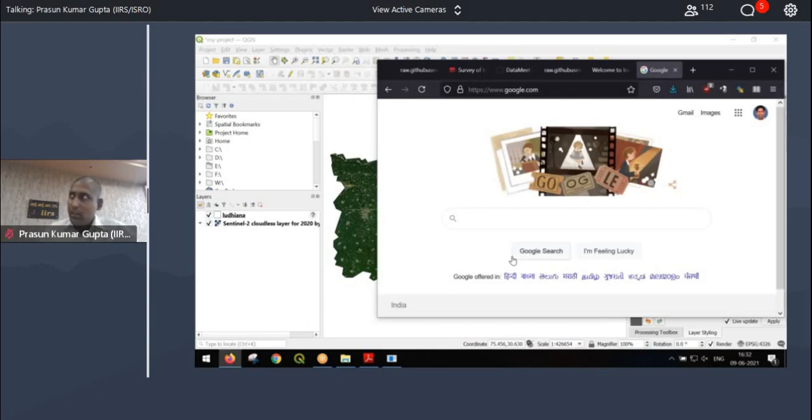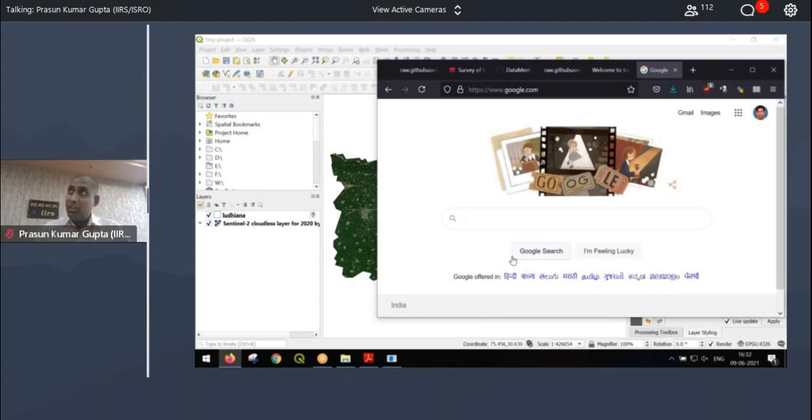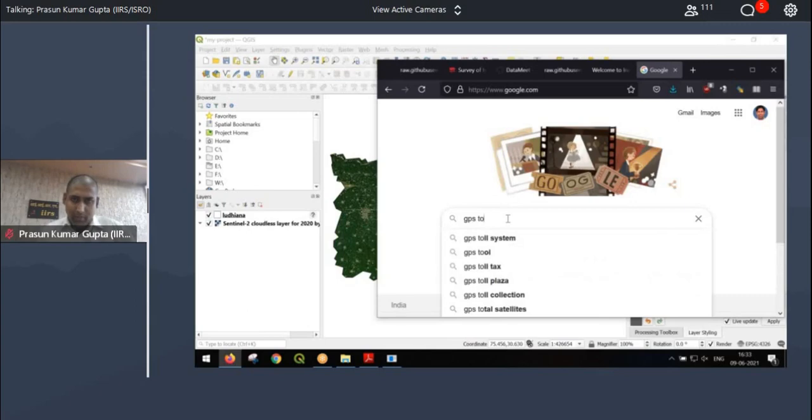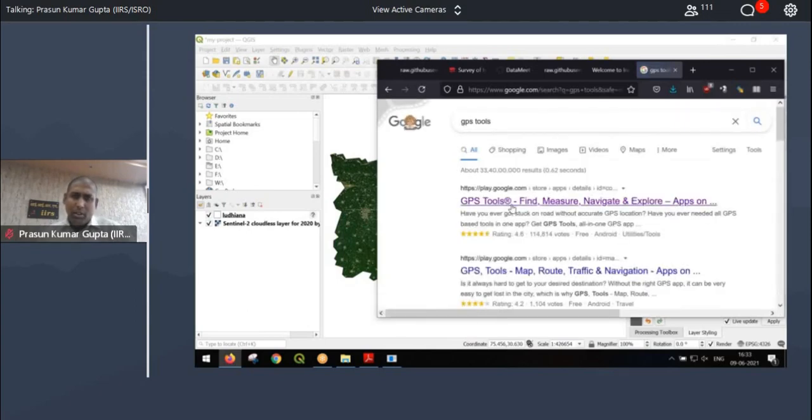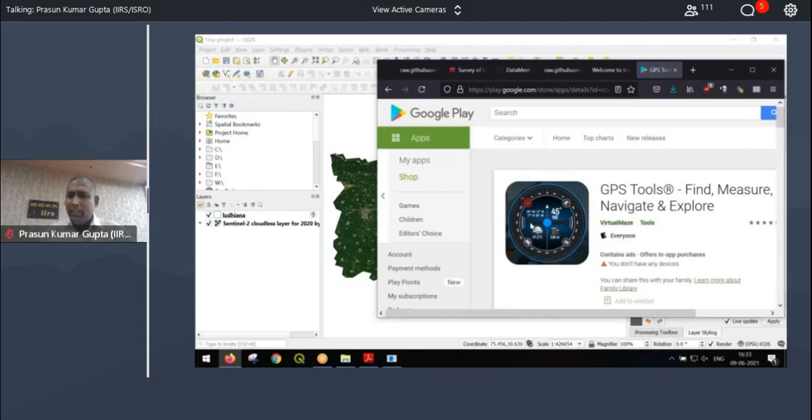The best solution, if you want millimeter accuracy, is to go buy a DGPS, 2 lakh rupees. If you want a cheaper solution, buy a handheld receiver, maybe 20,000-30,000 rupees. Cheaper still, you buy a mobile and install an app called GPS Tools, which gives you the coordinates, obviously with a 5-meter error. But if you stand in the middle of the building, you will get the right coordinate.